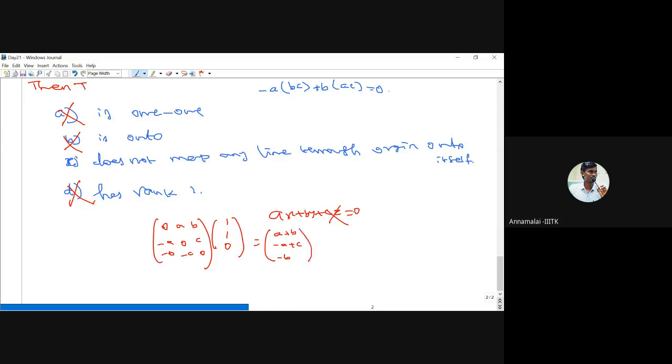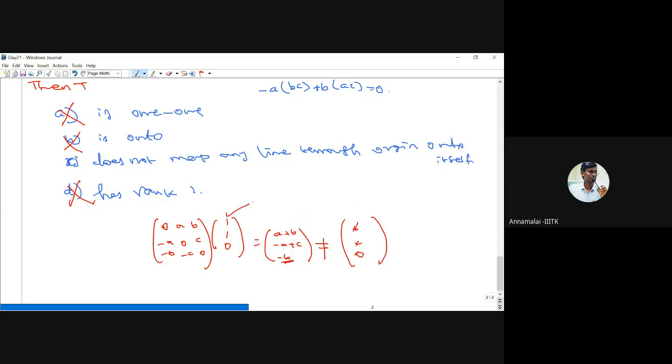Okay, now don't confuse this with a and b. Anyway, now look at this one. We know that a, b, c are non-zero numbers. Therefore, here b is non-zero, so the last position should be non-zero. Therefore, this is not equal to this one. Don't bother about these two terms; I am taking this line.